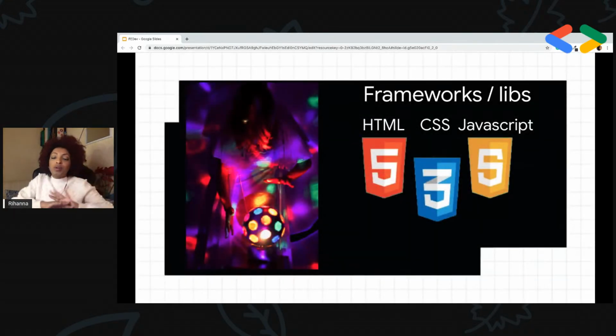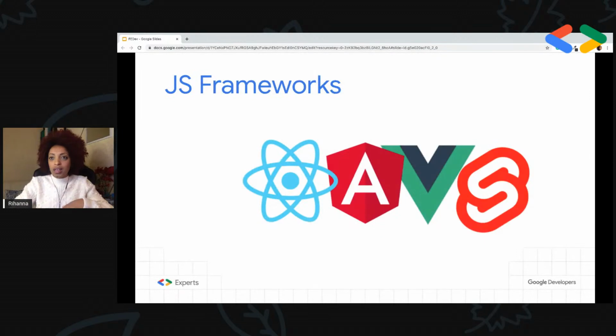Meaning that every day at least one JavaScript framework is being created and deployed. And that is the most challenging part of front-end: choosing from thousands of libraries the right one, and choosing from hundreds of frameworks the right one that works for our project. In terms of JavaScript frameworks, we have multiple choices. We have React, Angular, Vue, Svelte, Next, Gatsby, and so on. As many as you want, there are a lot of choices.